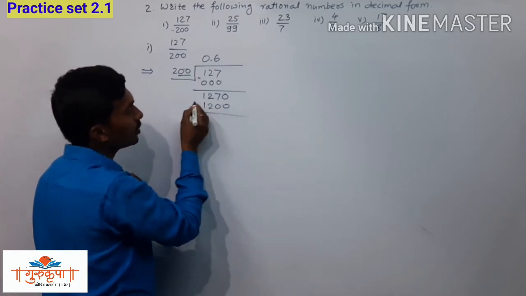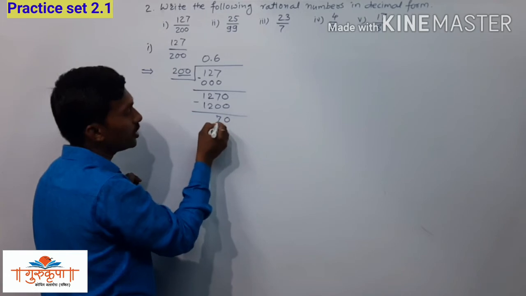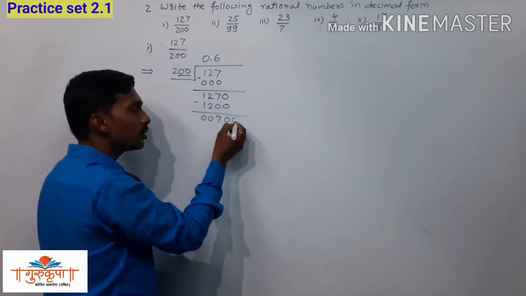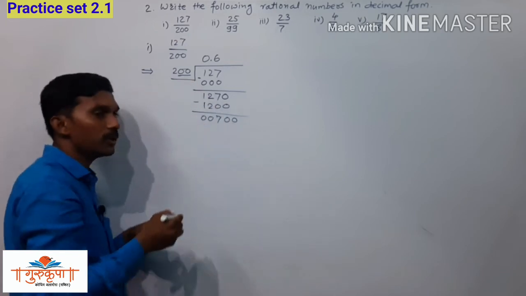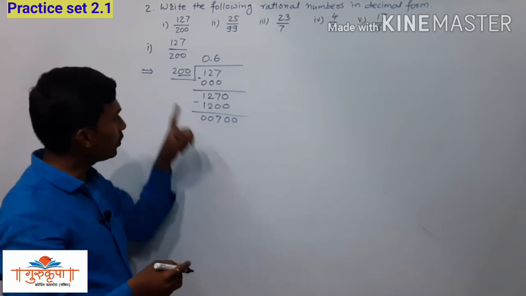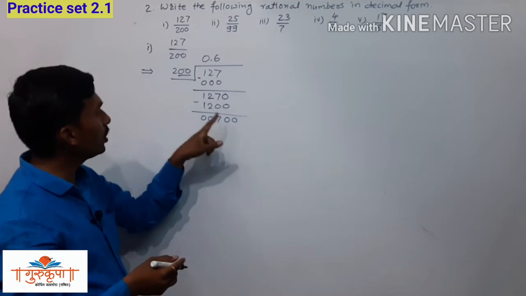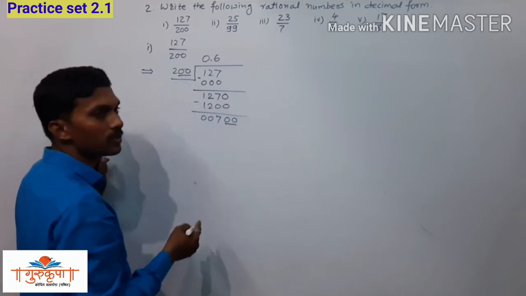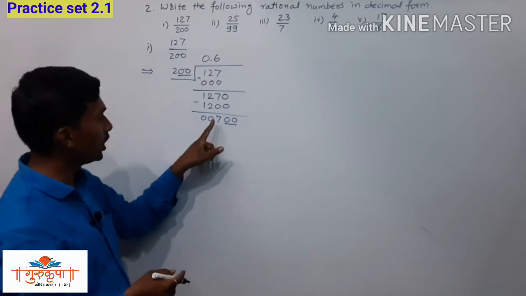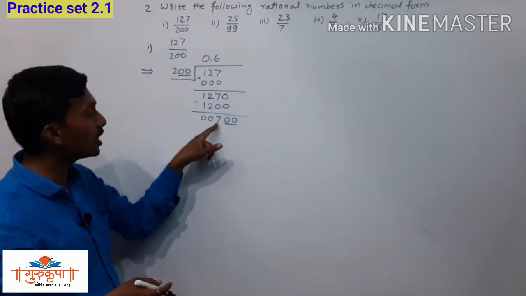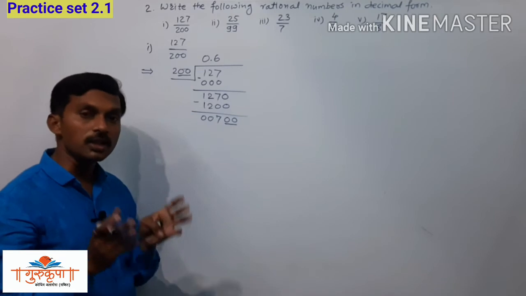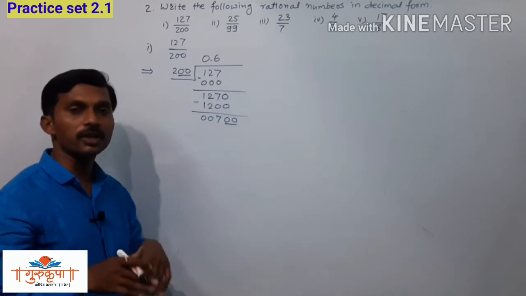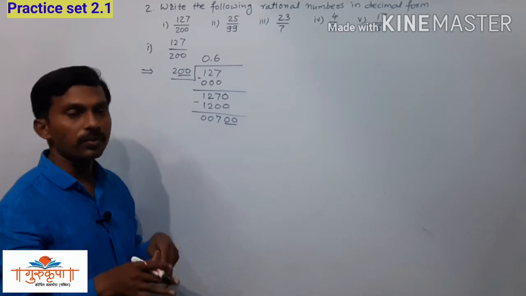Now we have to take the subtraction, that is 0 as it is, 7 as it is, 0 0. Now we have to take one more 0 here, since 70 is not divisible by 200. Now we have to divide 700 by 200. Again we have to skip 2 digits, ones place and tens place. So we have to divide 7 by 2. 2 3s are 6. So it is the possibility, only a possibility, not a fixed quotient.